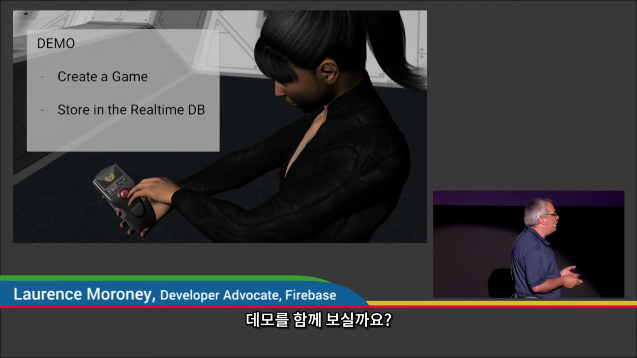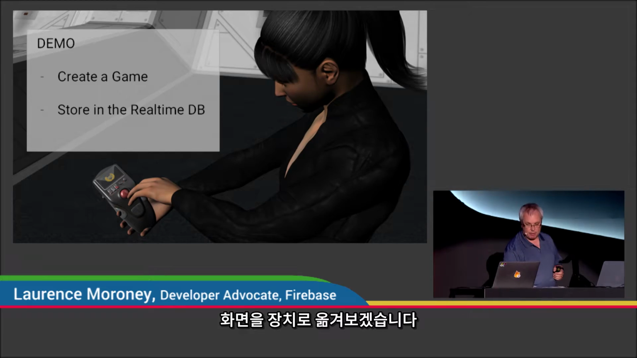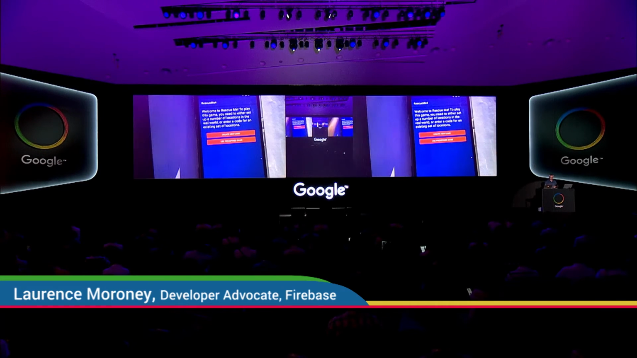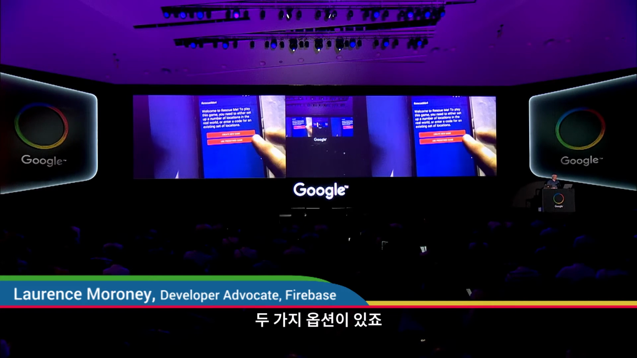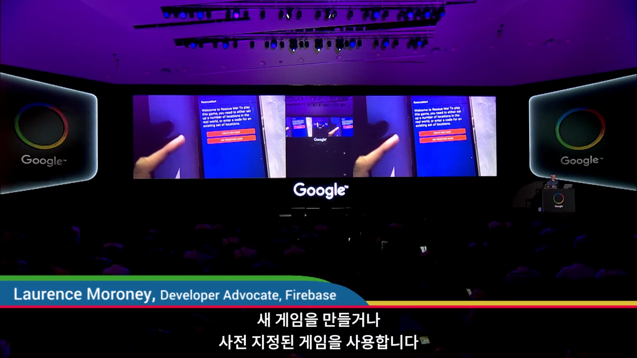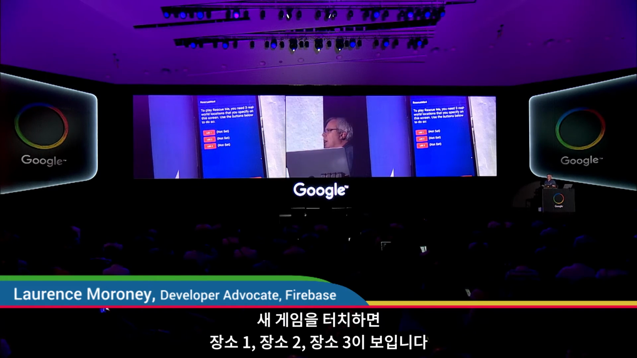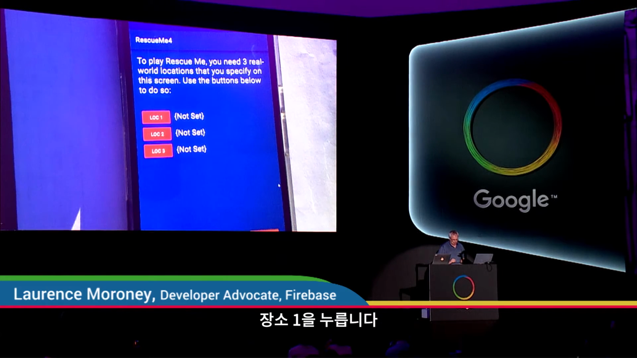So let's take a look at a demo for this. So if I switch over here to my device, okay, I'm just going to open something on my laptop for a moment. So we can see that this is the opening screen for my game, and I've given 2 options. Number 1, I can create a new game, or number 2, I can use a predefined game. So if I'm going to create a new game now that I'm here in Seoul, I touch that, and it gives me 3 options: location 1, location 2, and location 3. I'll touch location 1,